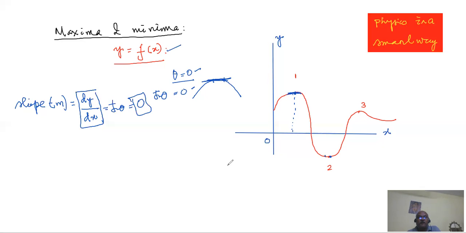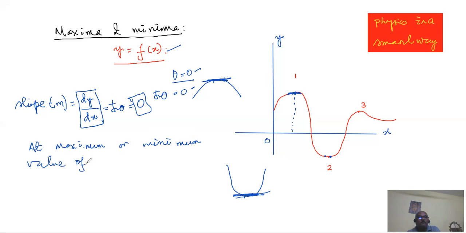If you take, when the curve descends, that dips down and again rises. If you take a small portion of the curve or draw a tangent there, that creates a line which is parallel to the x-axis. Again that makes an angle 0 with the x-axis. So tan theta is 0. So we can say at maximum or minimum value of a function,